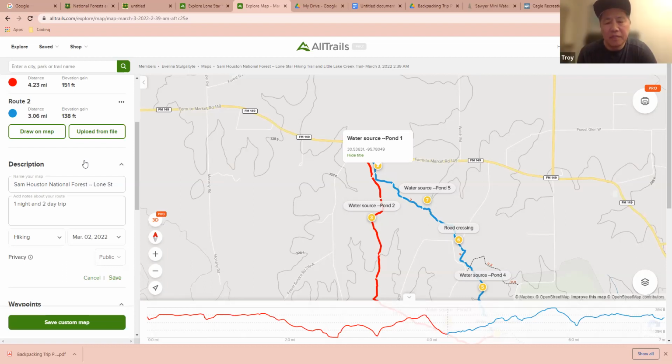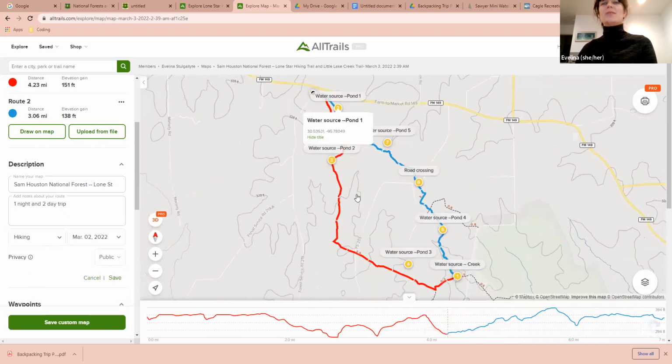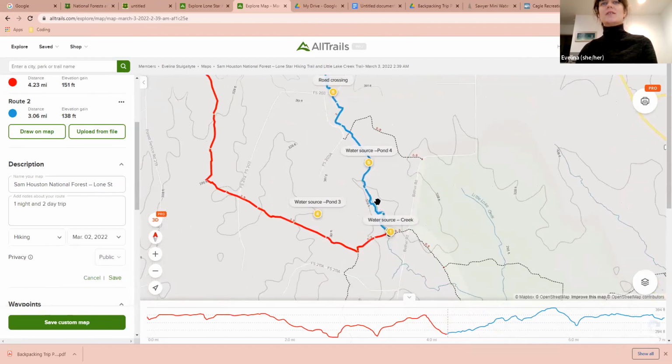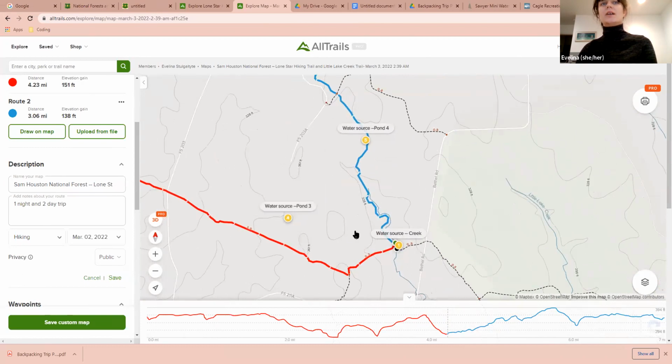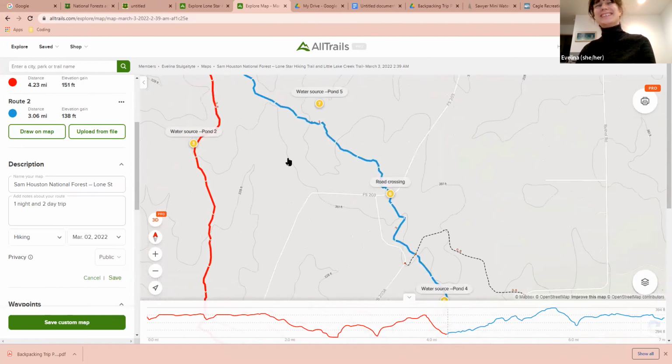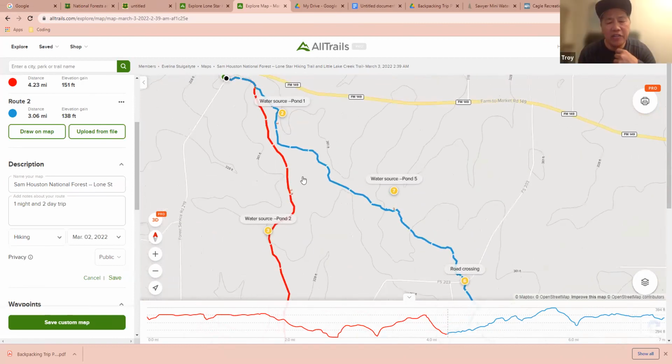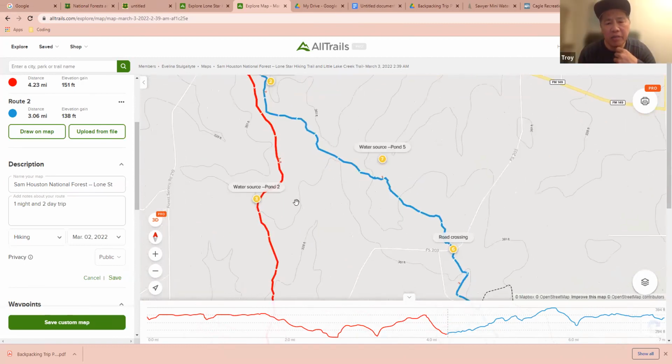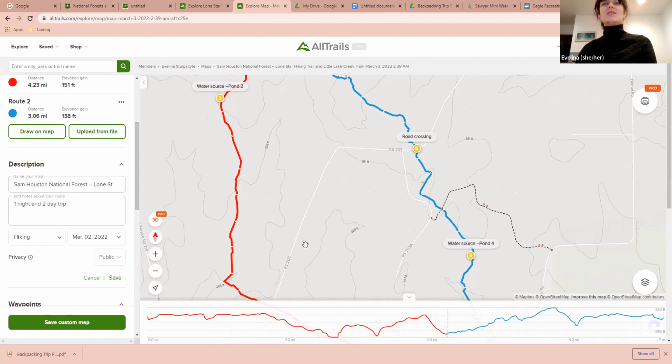But I feel like a little bit more research on the side to see where you can camp and things like that, and camping rules. But I think this was kind of a fun tool to map the trail and look at all of the little things that you can find along the route, like water or points of interest, like the roads and things like that, McDonald's. And I think it's helpful to see the distance too.